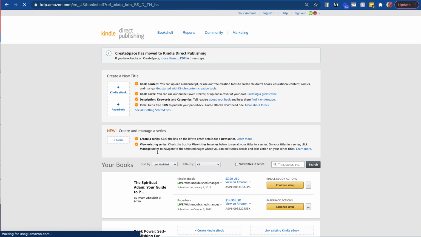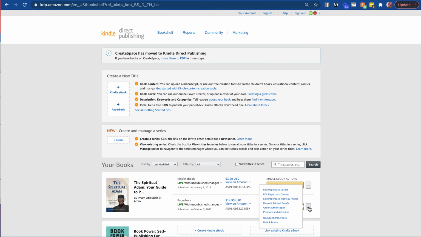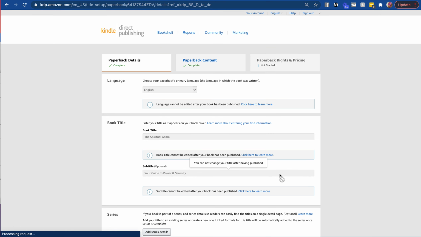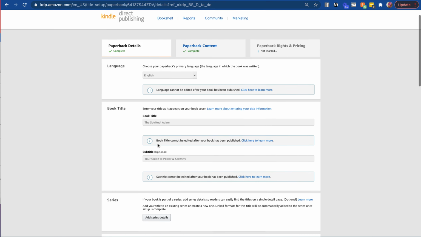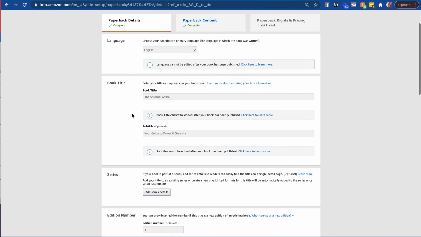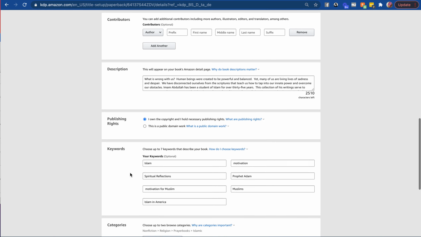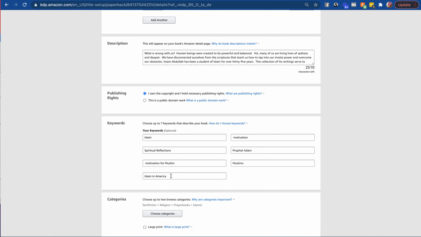Bookshelf is where you'll see all of your books that you have listed. So right now I'm going to go to the Spiritual Atom. The book is already set up, but we're going to show you about categories in particular. So I'm going to go to, I think it's details or it might be content. We'll see. So I click on those three dots over there and it brings me up here, details. This is all of the information inside of details: book title, series, edition number, author, contributors, description, keywords, and now